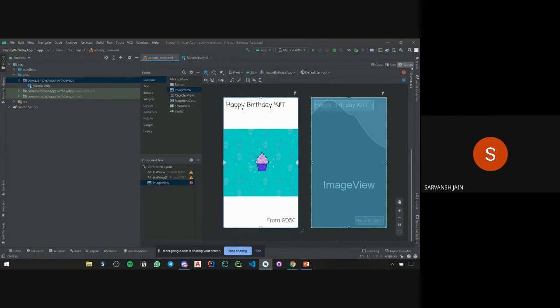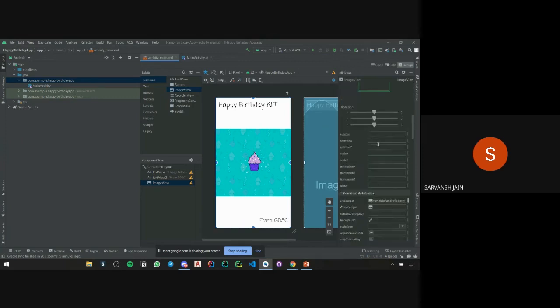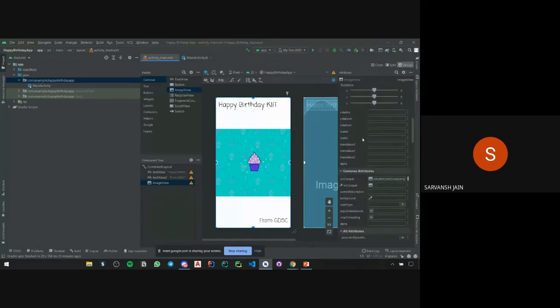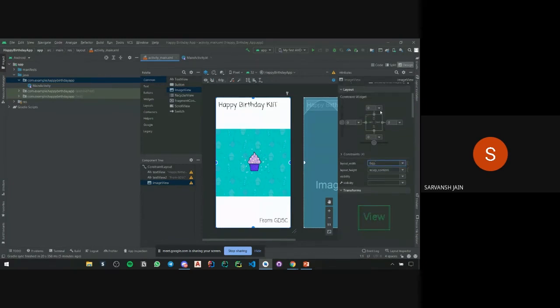Then I'll define the image constraints. In the constraints, I'll change this layout width to 0 dp. I want to match it with the constraint as well. So I'll match it.